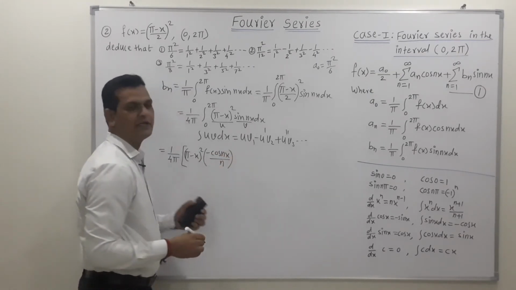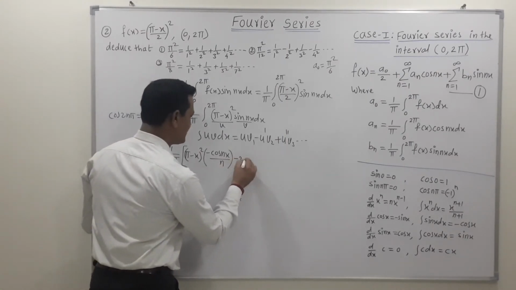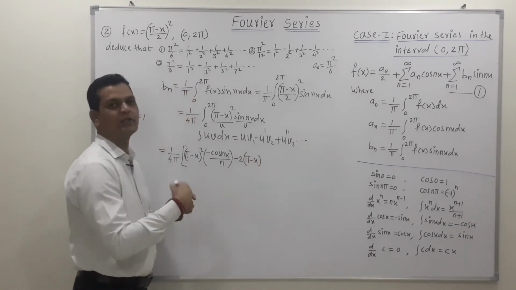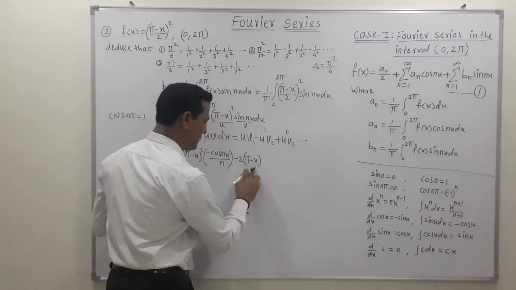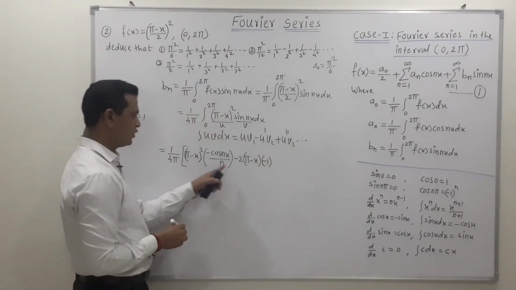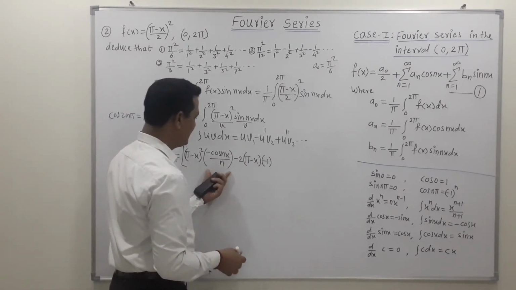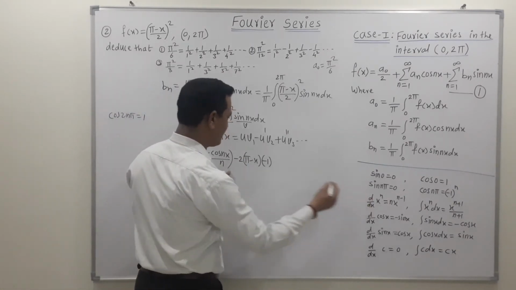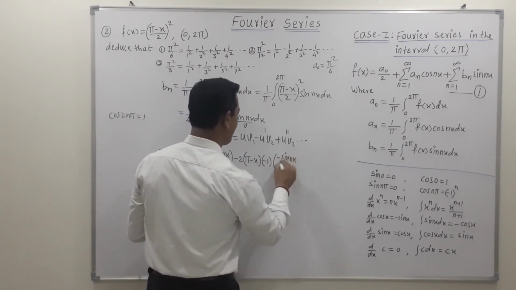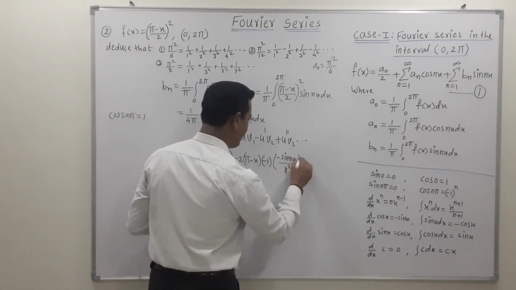First function, integration of second, minus derivative of first function. So derivative of this function is 2 into, this is pi minus x, this is other than x, so derivative of pi minus x with respect to x is minus 1. Now don't combine this sign, so write this down separately. Now once again, integration of cos term, integration of cos is sine, so this minus as it is, then this is sine of nx upon n, n into n, we get this as n square.